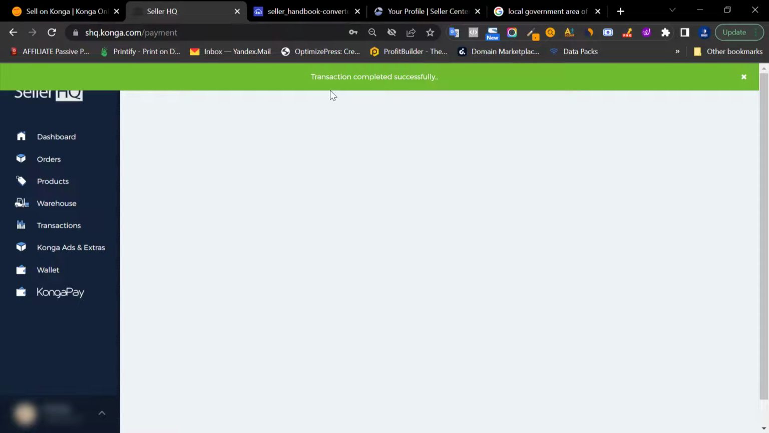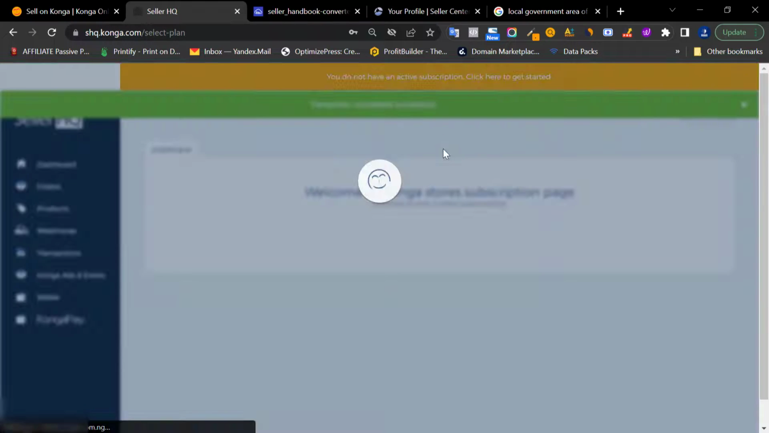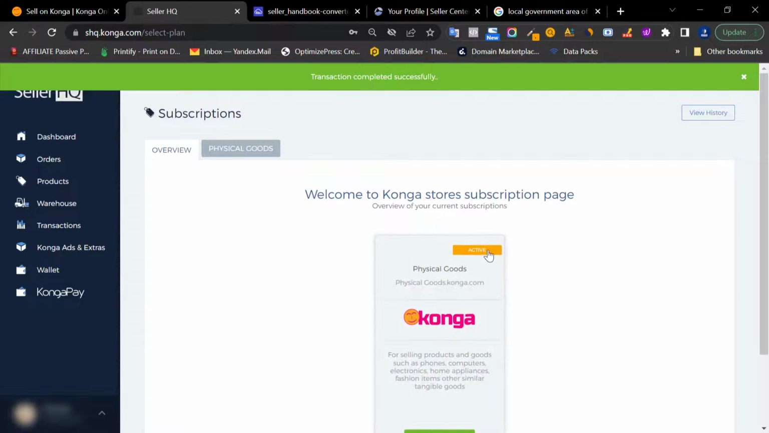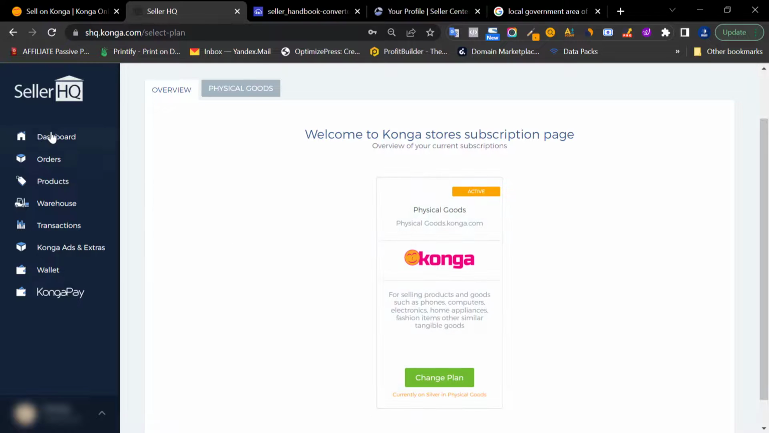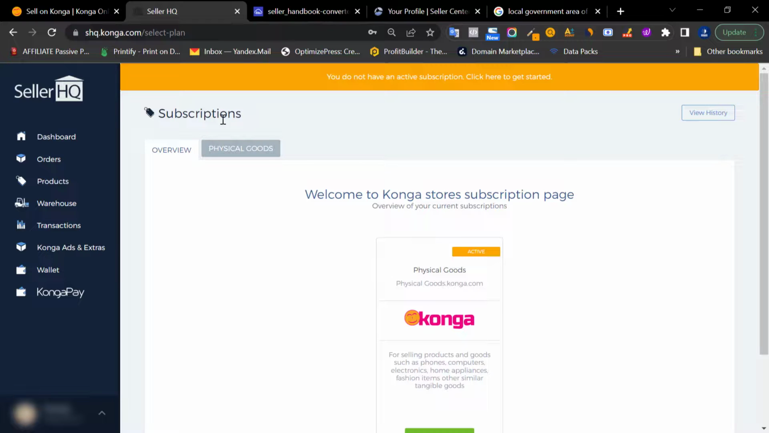All right, so you can see transaction completed successfully. So right now you have an active plan on Konga. Within the next few minutes or few hours, they're going to activate it. By then you can now start adding products to your store. But right now it's still kind of processing. That's why once you click anything, it's going to bring you down here to make payment. But you can see it's active. So in the next few hours or few minutes, they will activate your store from the back end